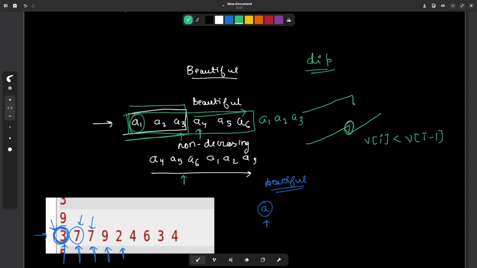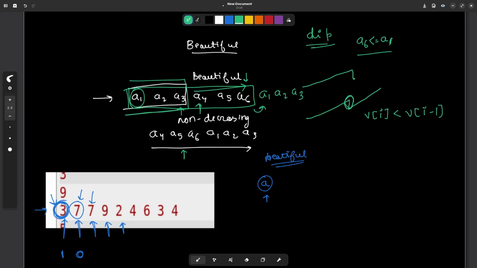The second condition is I can only append this to the end when a of 1 and a of 6 follow this particular order, that a of 6 is less than or equal to a of 1, right? We have to make sure that a of 6, the last element that I have, is less than or equal to a of 1, then only I can make this particular cut. So we have got certain number of conditions. The first condition is, let me just write